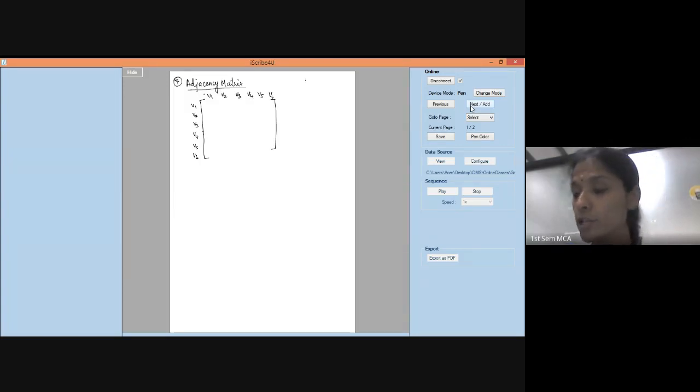For G2, you have to take the equivalent vertex from the vertex preserving. Don't take it just like U1, U2, U3, U4. You have to take it with respect to how you have made it equivalent. Like V1 is equivalent to U1, then V2 is equivalent to U4, V3 is equivalent to U2, then U6, then U3, then U5. Same order, you have to take it on the top also.